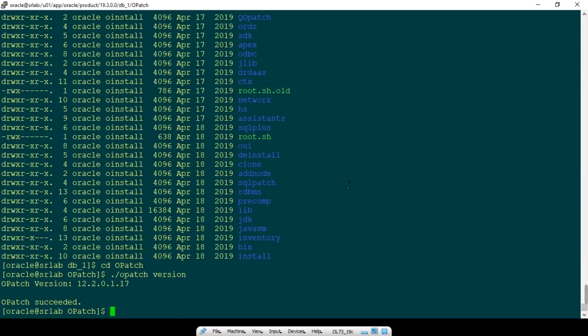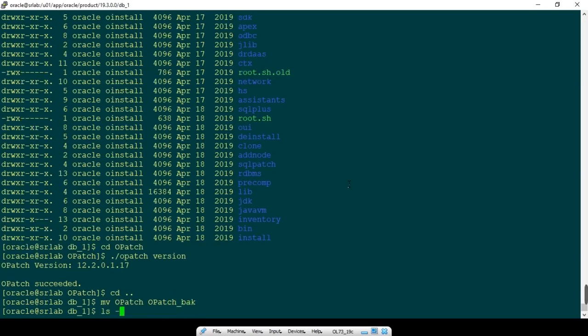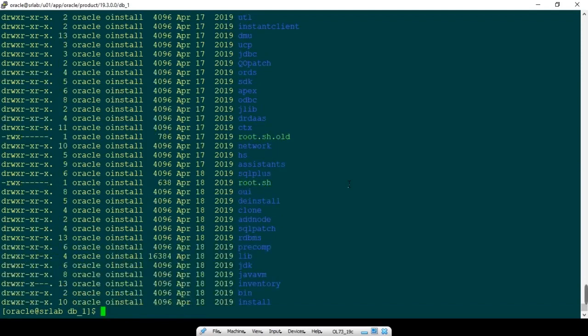We are going to replace the existing version, so I am renaming that OPatch folder as OPatch backup.